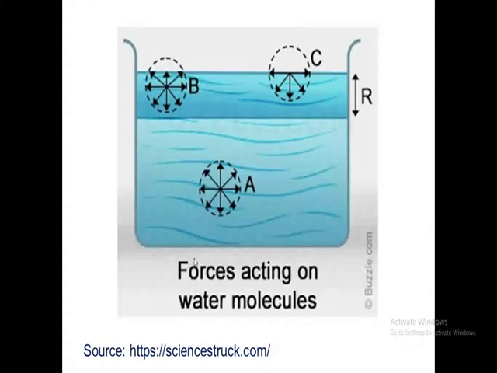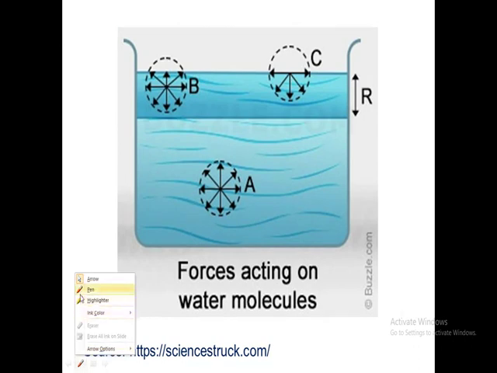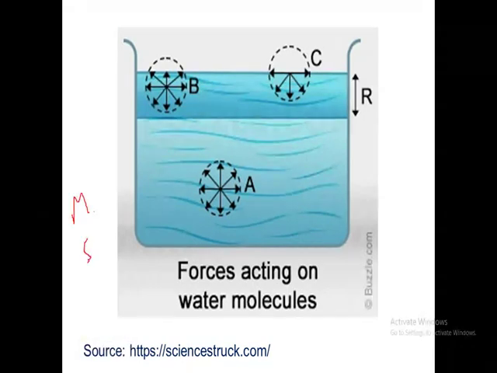Now we have to understand the final question: why are liquids trying to occupy minimum surface area? As a result of this, the molecules take a spherical shape, and liquids are always found to be spherical in nature. So we have to understand the reason for this minimum surface area. It takes a long time, so we will discuss it in the next class. By that, we'll get clear knowledge of surface tension.